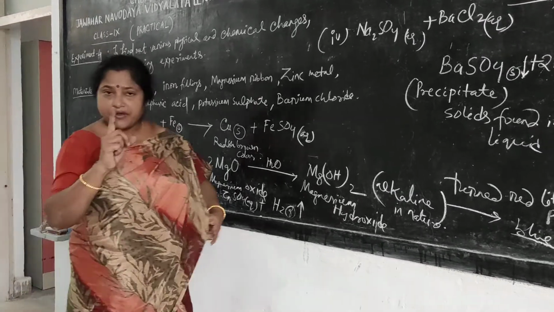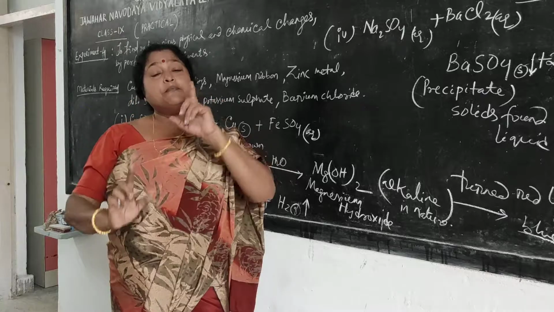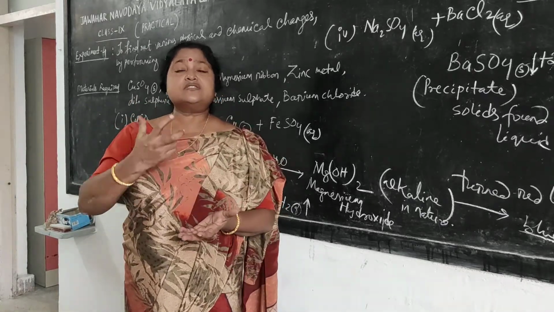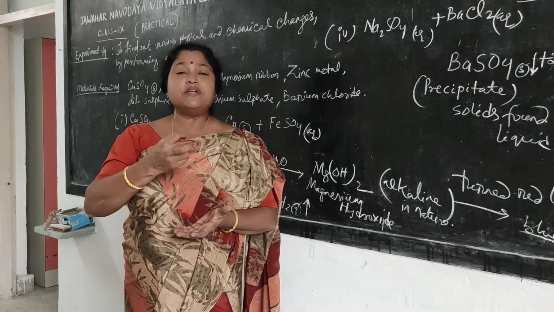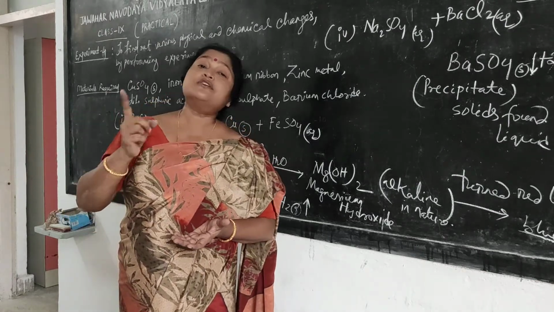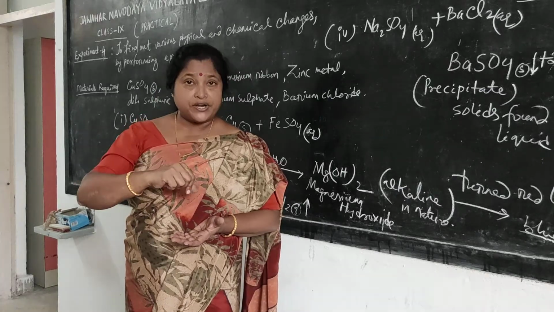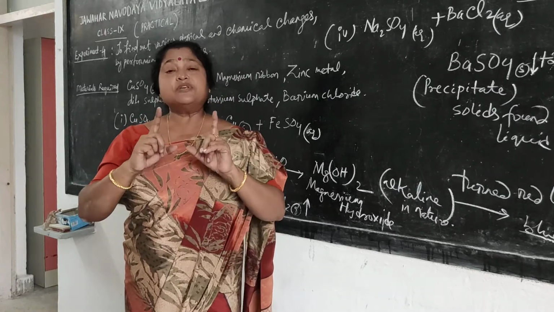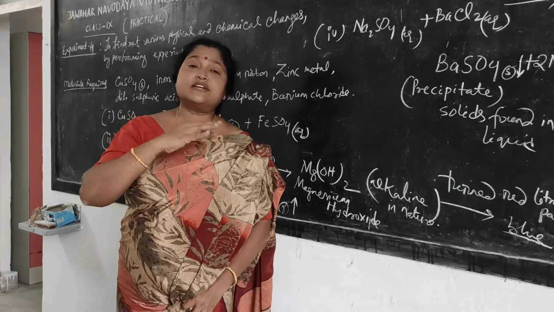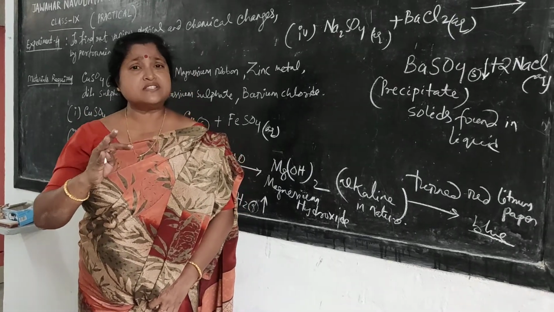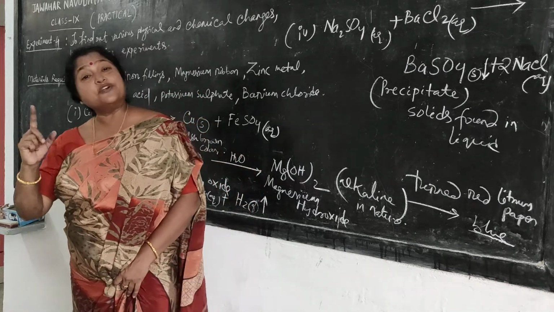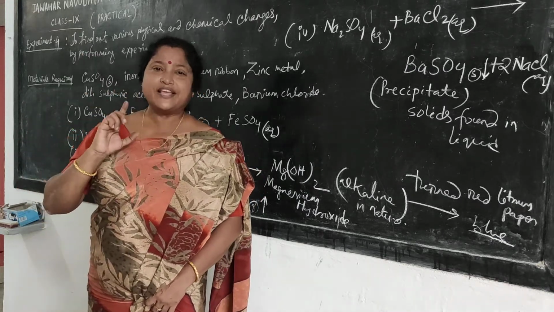So chemical changes, we are finally closing up. Chemical change is what? After a chemical change, the reagents or the elements or the compounds change their properties completely and they cannot return back to the original component again. But what is a physical change? A physical change retains its composition; only the physical state of matter changes, but no product is formed which cannot be returned back. Okay, thank you very much.